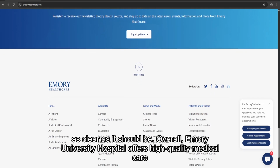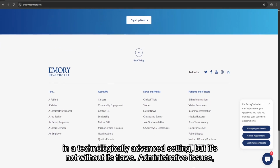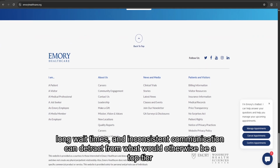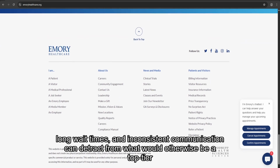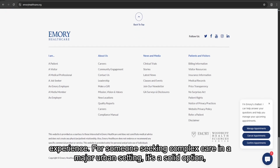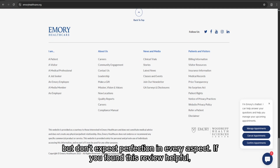Overall, Emory University Hospital offers high-quality medical care in a technologically advanced setting, but it's not without its flaws. Administrative issues, long wait times, and inconsistent communication can detract from what would otherwise be a top-tier experience. For someone seeking complex care in a major urban setting, it's a solid option, but don't expect perfection in every